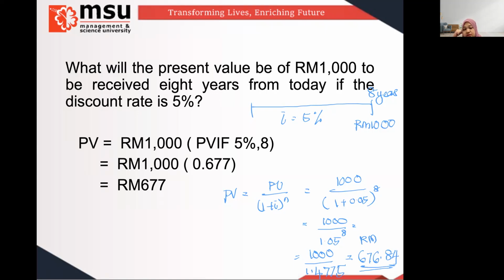If you want to use the table, you can just refer to the PVIF table. Look at 5% in 8 years. The figure for PVIF 5% in 8 years is 0.677. So 0.677 multiplied by 1,000, the answer is 677. So both answers will be